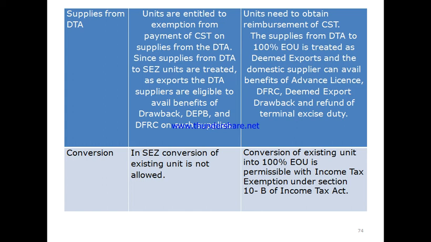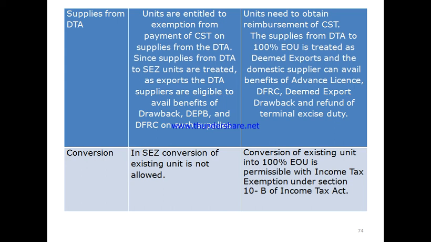And in case of EOU, schemes can be established anywhere in the country, which allows optimum cost-effective operations with reference to the desired large area or outlet for export. In easy language, we can say an export-oriented unit can be set up anywhere in India where they get more benefits. But in case of SEZ, they can be established only in a prescribed area which is approved by the government. Only in that case do they get the benefits.